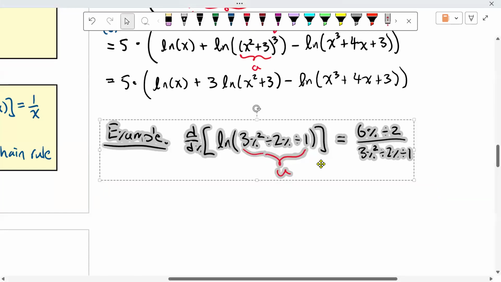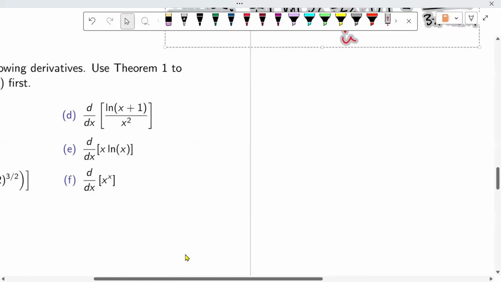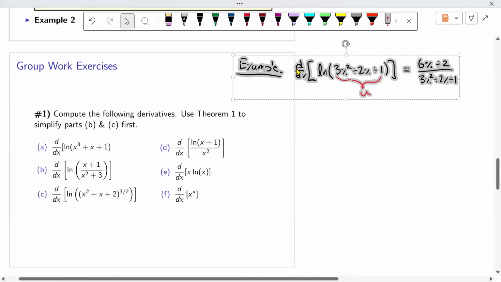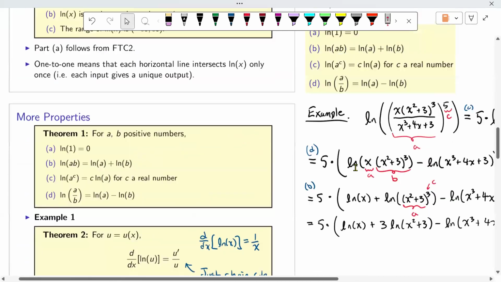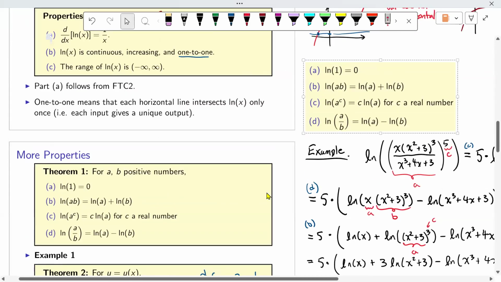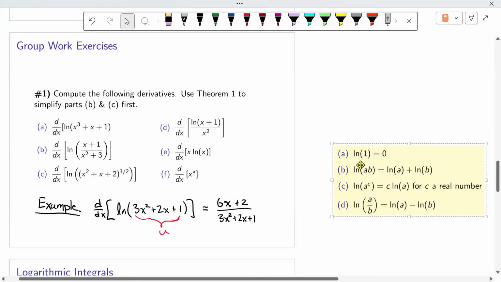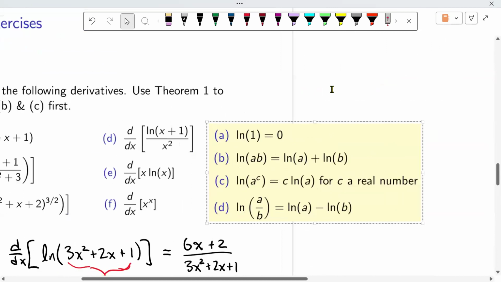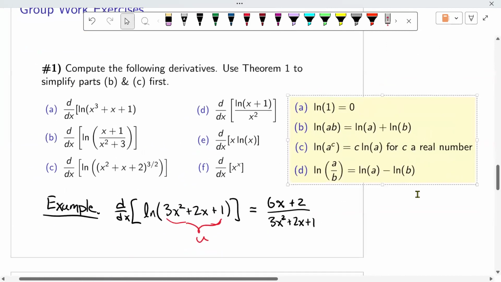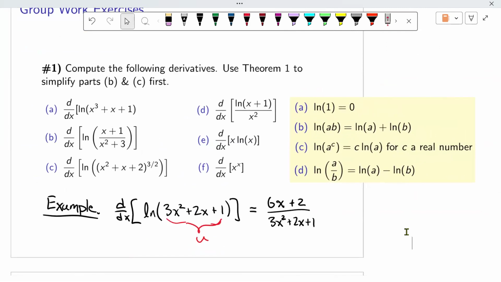Let's keep that example near us here as we move on to some practice problems. I want you to take some derivatives. And just so we're clear, in order for you to do that, at least for parts A and B and C, you should use these rules first. Otherwise, it gets really hard. So go ahead and try taking some derivatives. They're in order of increasing complexity.